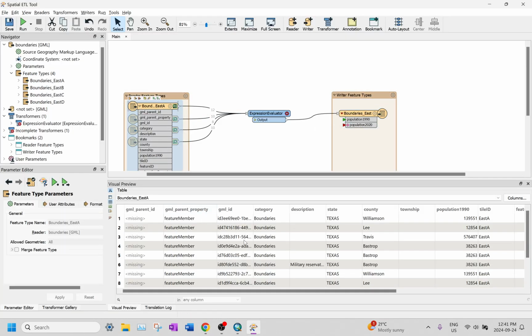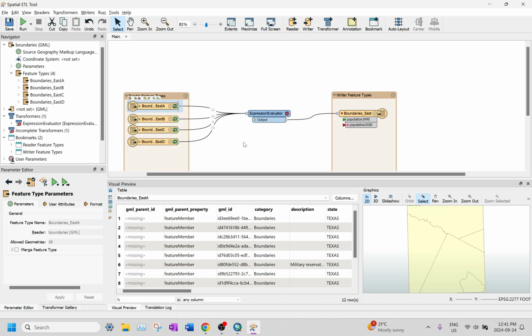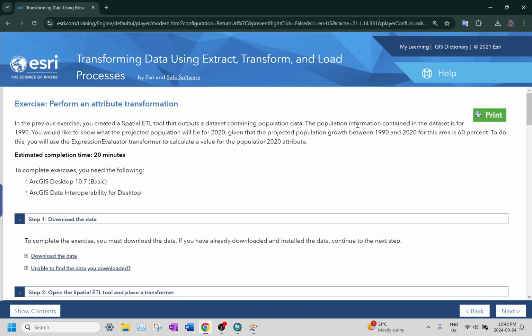Before transformation, it contains lots of different fields. We're just doing the basic step before adding transformation. So we put a bunch of attribute fields and reduced to 1 or 2 fields that we currently focus on, the population growth. Because we created the second field, which is population 2020, and we know the growth